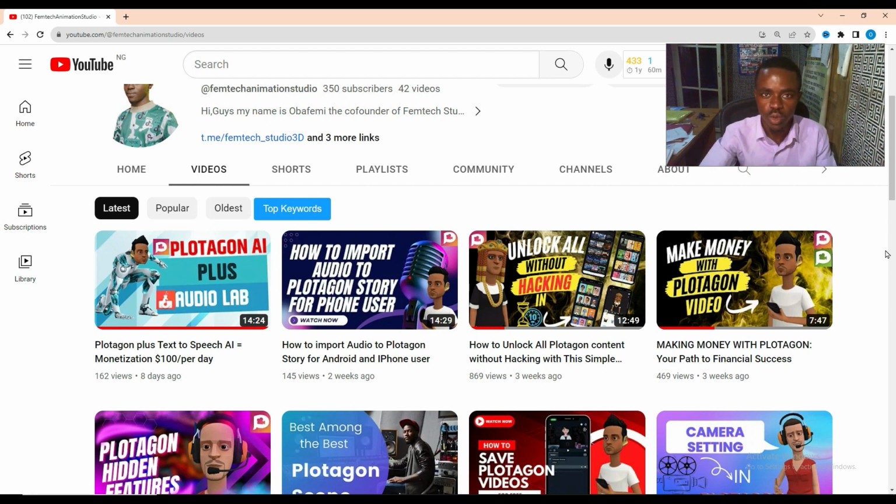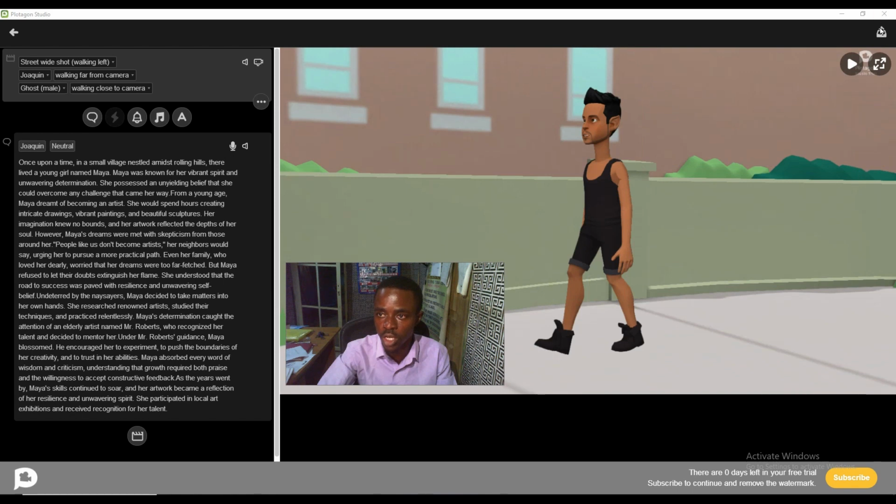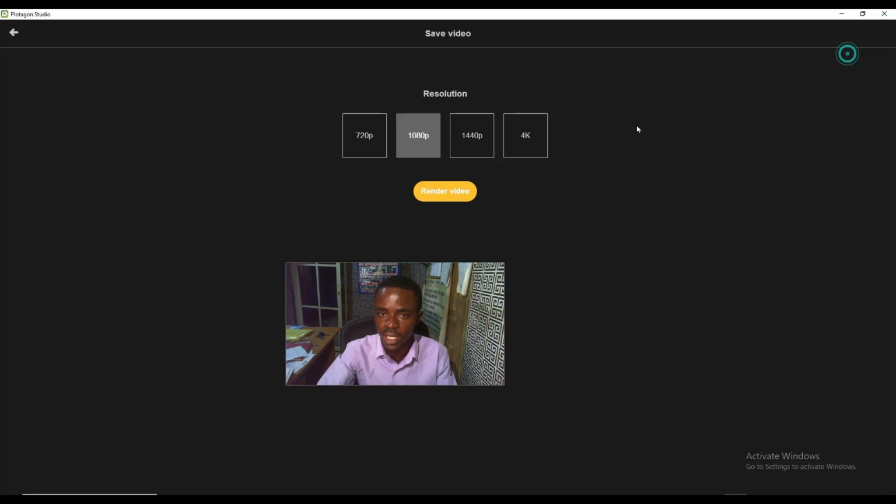Okay guys, so let's continue. Once you've done that, as usual, you need to render it. Then render, I use this resolution. You can also use 4K resolution, but the higher the resolution, the longer it takes to render, depending on the number of plots you have in your scene. Once you've achieved that,